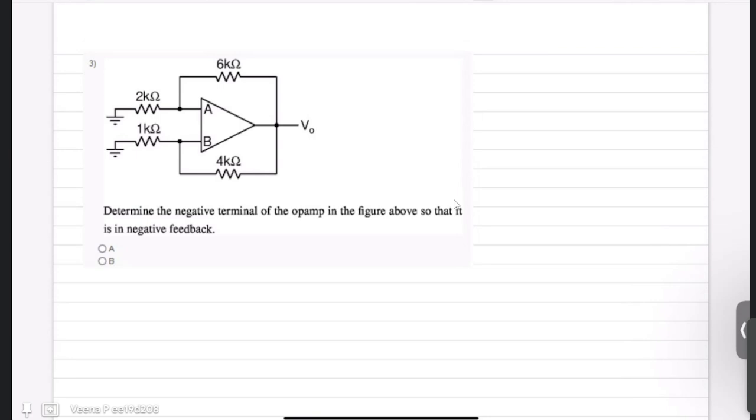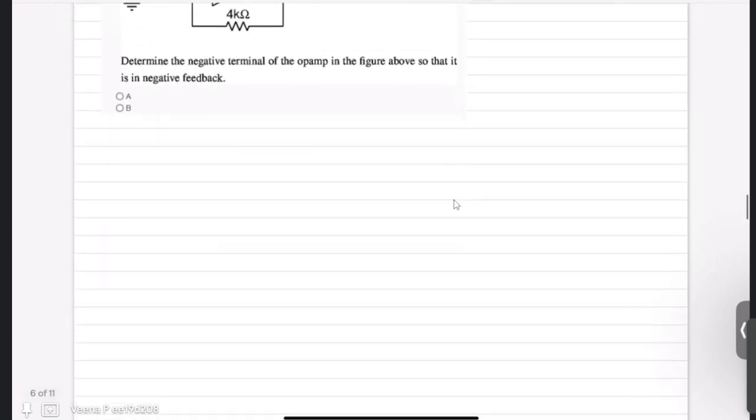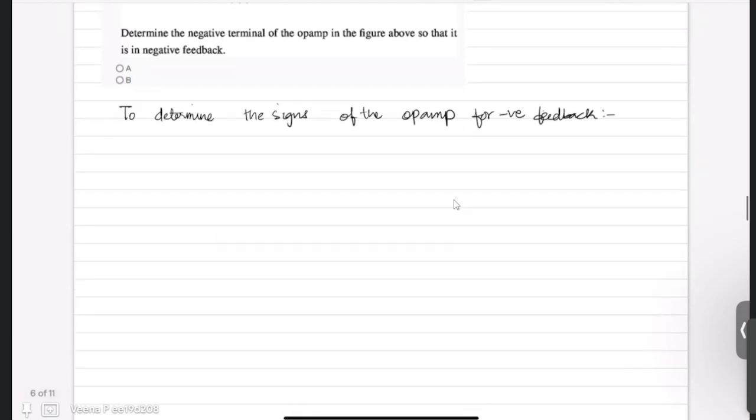So the usual procedure which we follow to determine the signs of the op-amp for negative feedback is: first, you should remove the op-amp,